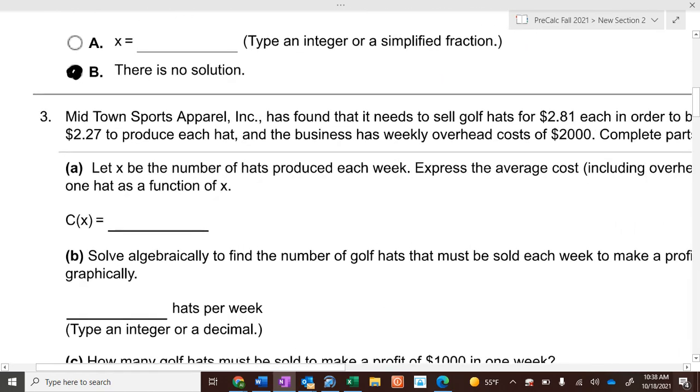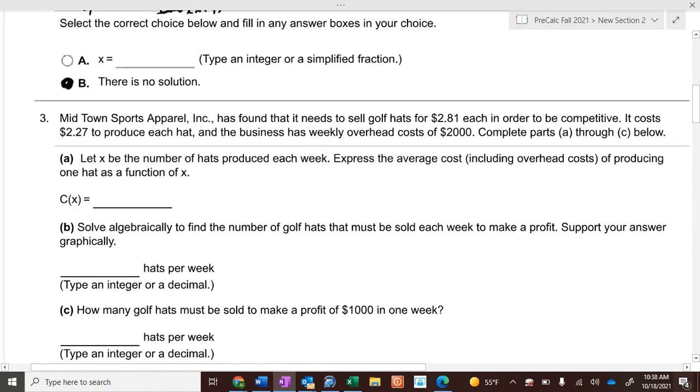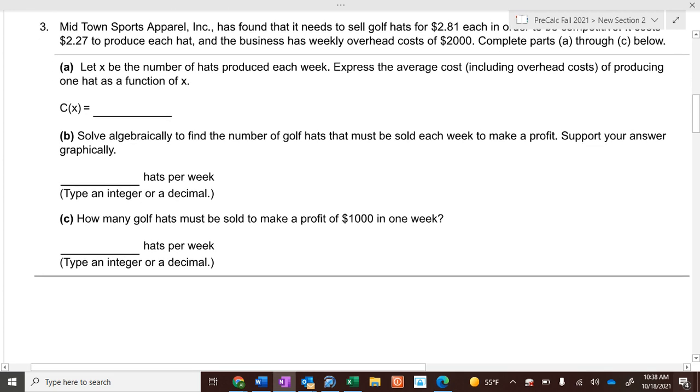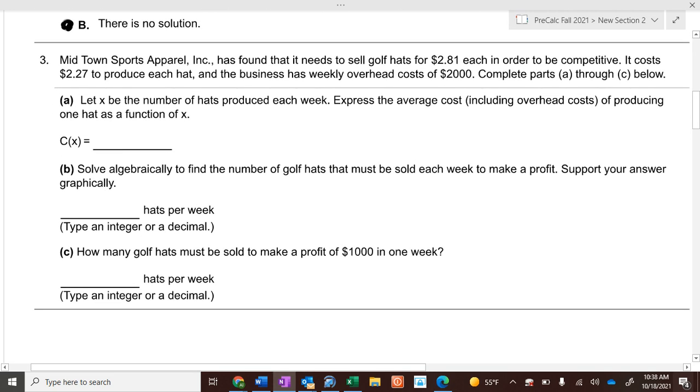Okay, this one's a fun one. This one's the why would we ever need to learn this problem actually put into effect? So yes, a business equation here. Midtown Sports Apparel has found that it needs to sell golf hats for $2.81 to be competitive. So if they price them at $2.81, they're competitive in the golf hat market. It costs $2.27 for them to produce a hat, and if the business has a weekly overhead of $2,000, then